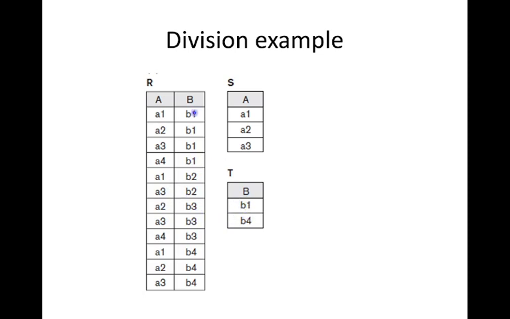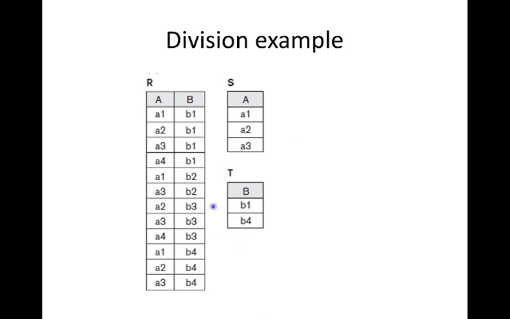So if you want to divide this by this, then it should be a subset of this thing. So A is a subset of this AB. Then in the resultant table, if we are trying to divide AB by A, the B attribute will be appearing. So B will be there. And when we try to divide, what do we have to find out? We have to find out which rows have all these three combinations. We can see that only B1 and B4 have all the three combinations. So that is why B1 and B4 are listed. So this is actually the division operation.